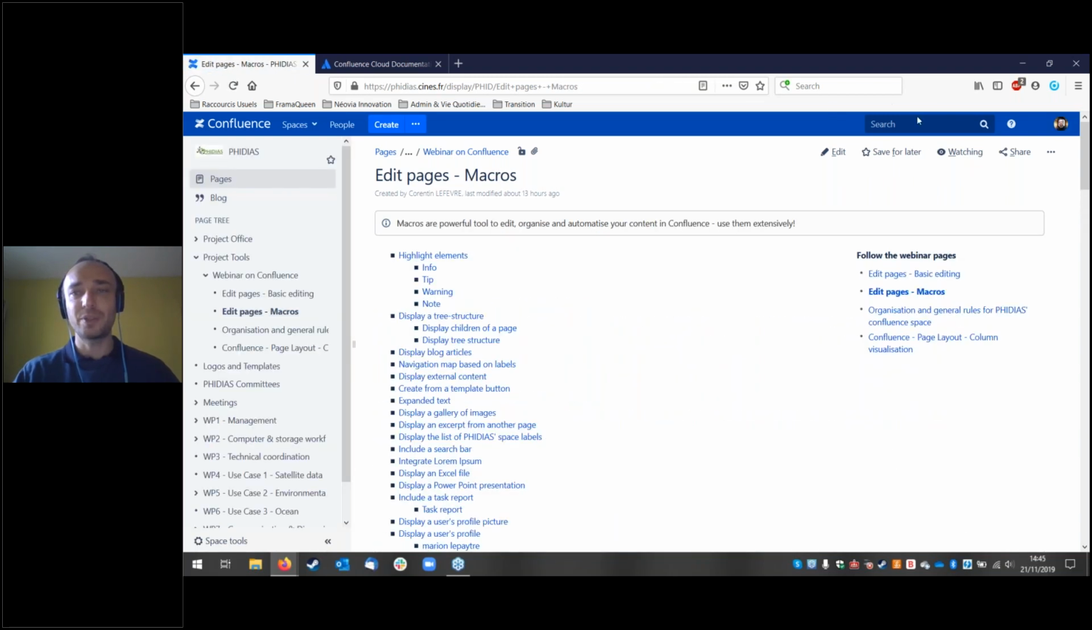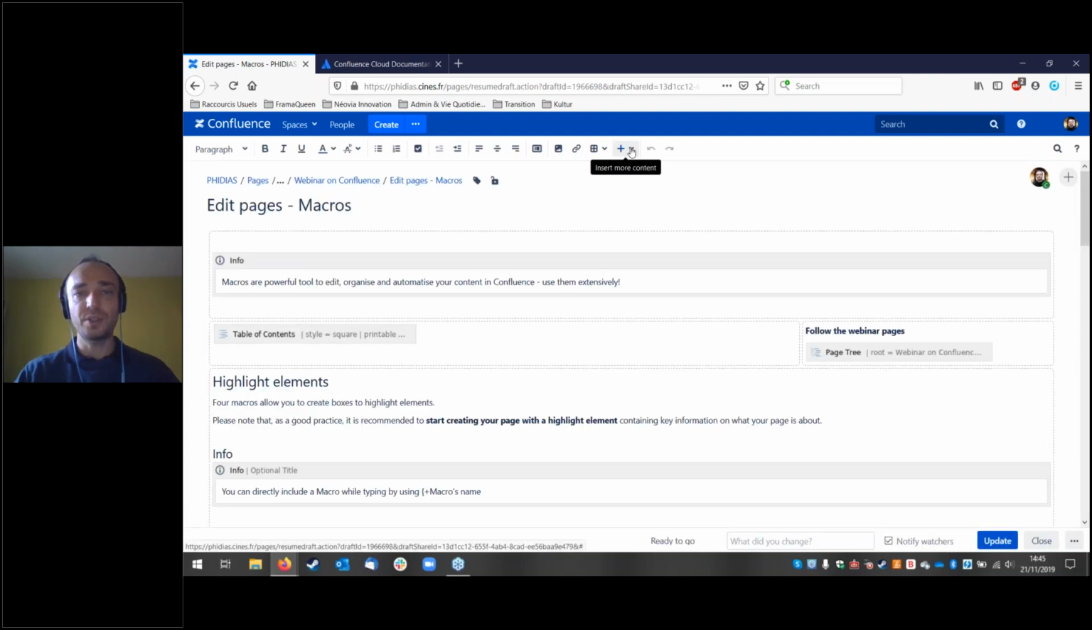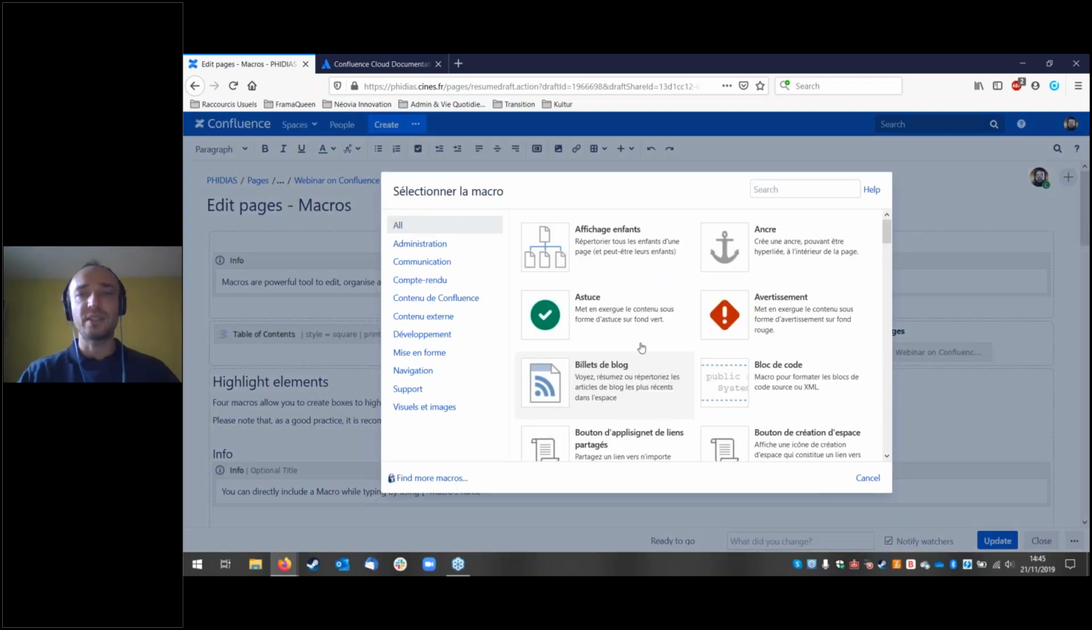Well, macros. We've seen some of them. Status, for example, is a macro. Here we're going to talk about the macros you're going to find in the other macros category. So if I click the plus, I'm going to other macros. I will have that selection that I will be able to use to organize or to have a more fancy way to display my content, or to display automatic content,